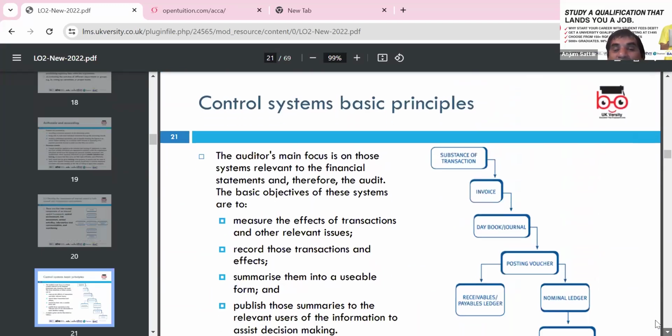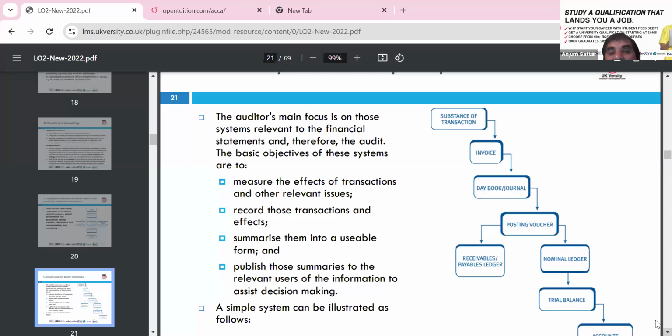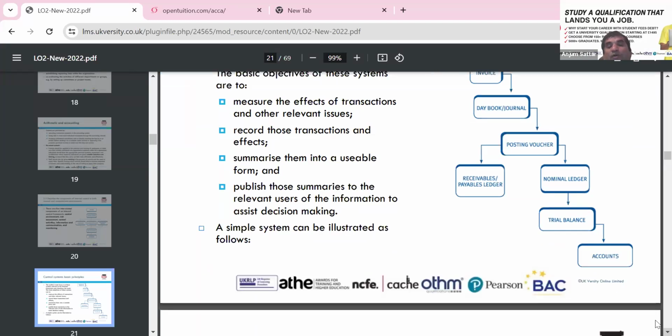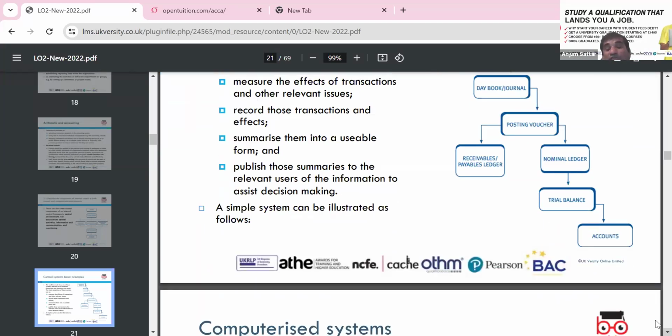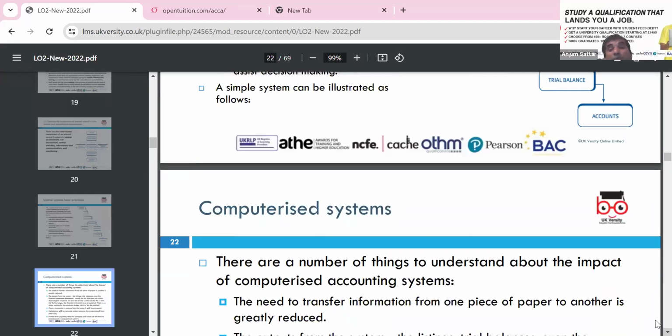So for control, the basic is to look at the substance of the transaction, what happened and when. We look at the invoice, we can look at the day book, journal, and we have a cash book. So if we have the bank, we have a cash book, bank reconciliation, the vouchers and numbering, those are appropriate, those linked to the asset. Of course, nowadays we have nominal codes in Sage, which most of you are working with, using different sorts of software. So those we can use, and the trial balance, and then final accounts are prepared accordingly.